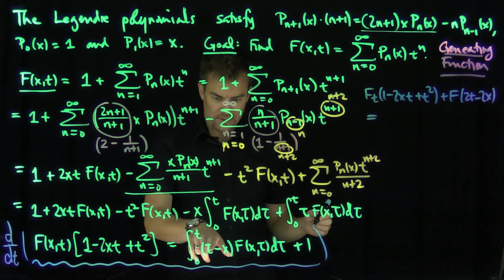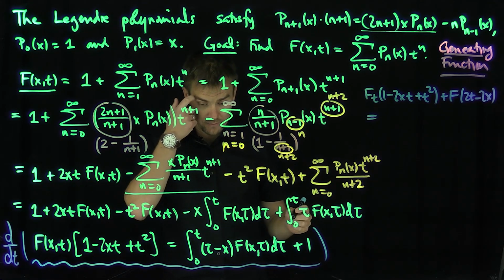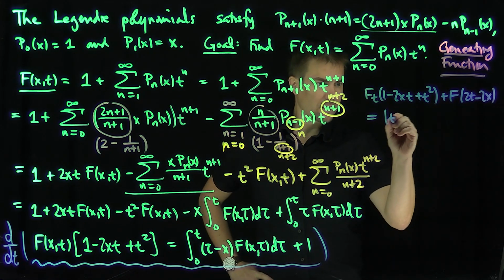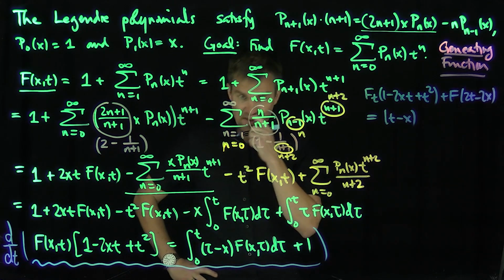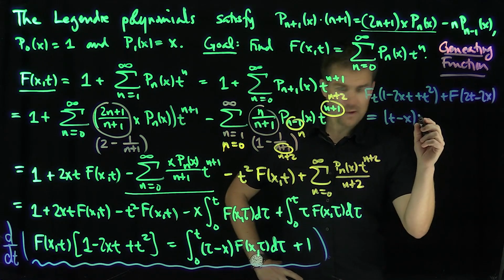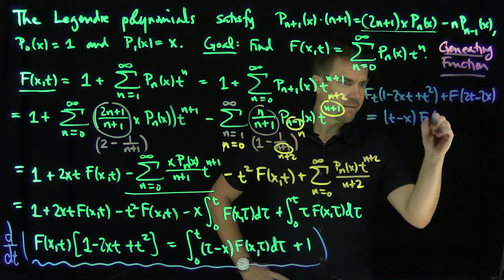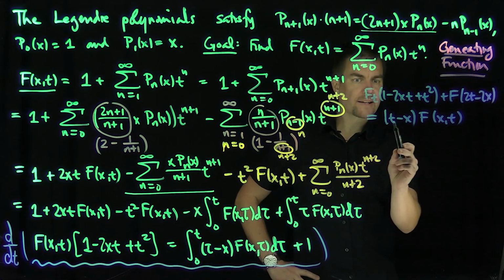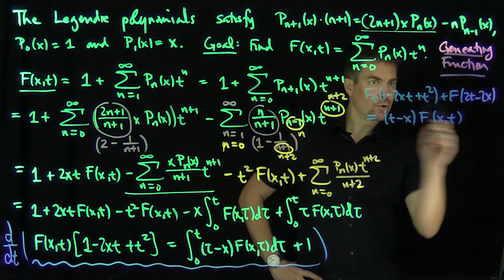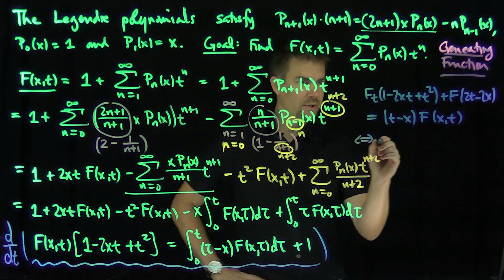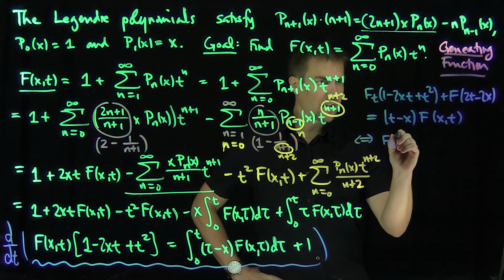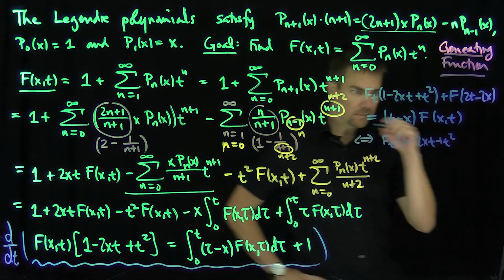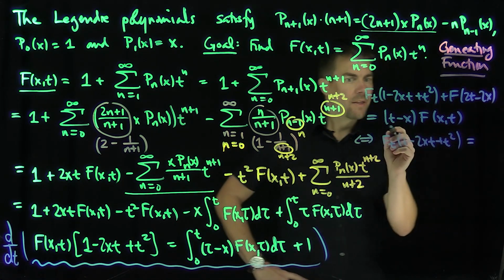So this has to be equal to what? I plug in t over here, and I'm going to have a t minus x, and then finally an f of xt. Great. And so, of course, I can subtract that from this. I have a t minus x and a 2t minus x. So this is exactly equivalent to saying that f_t times 1 minus 2xt plus t squared is equal to the